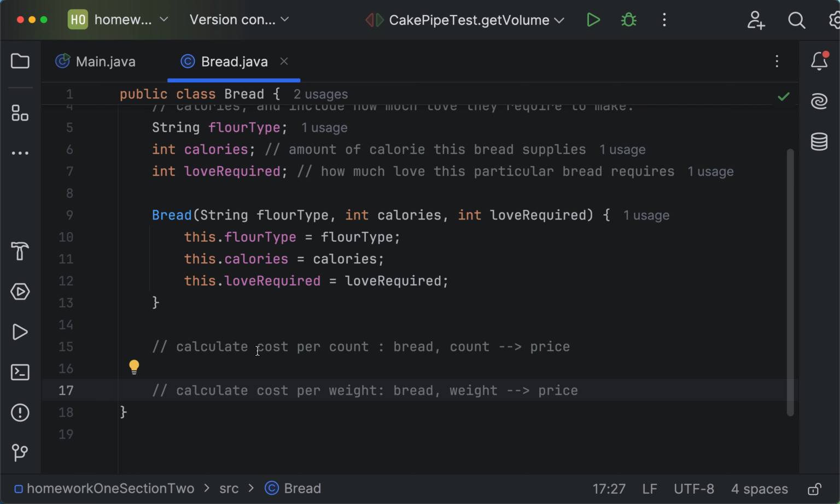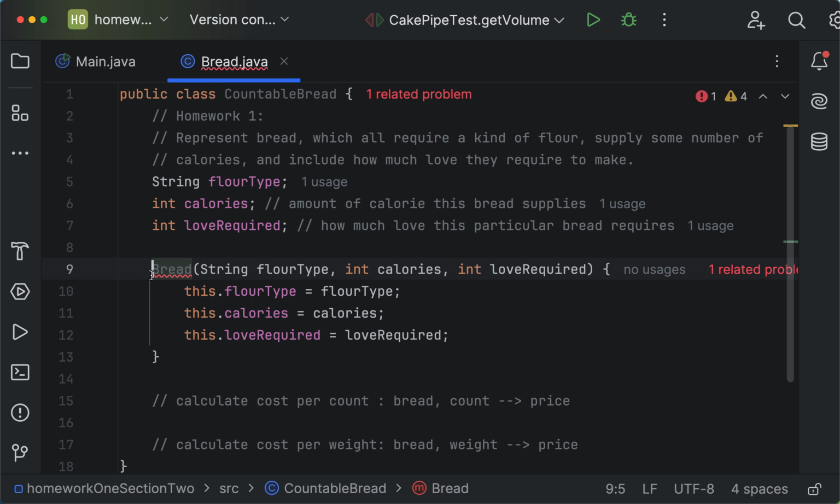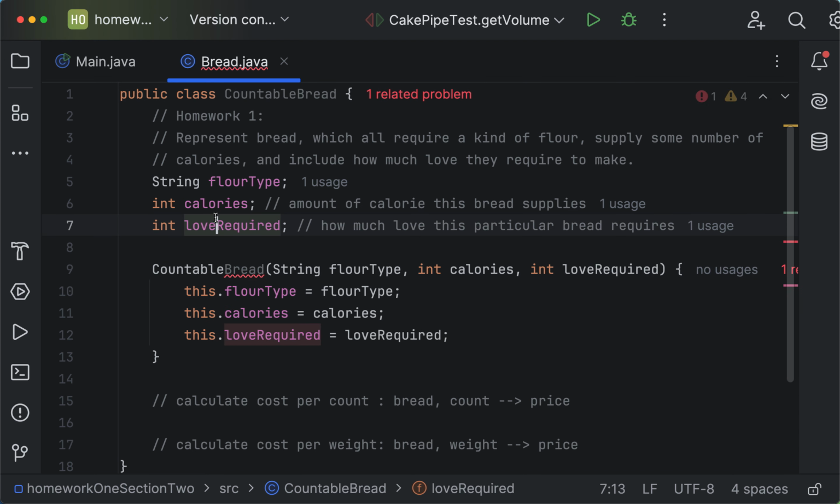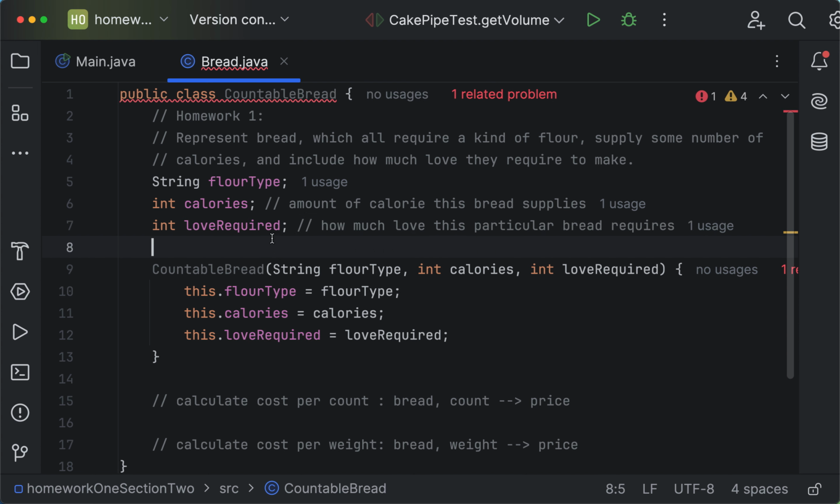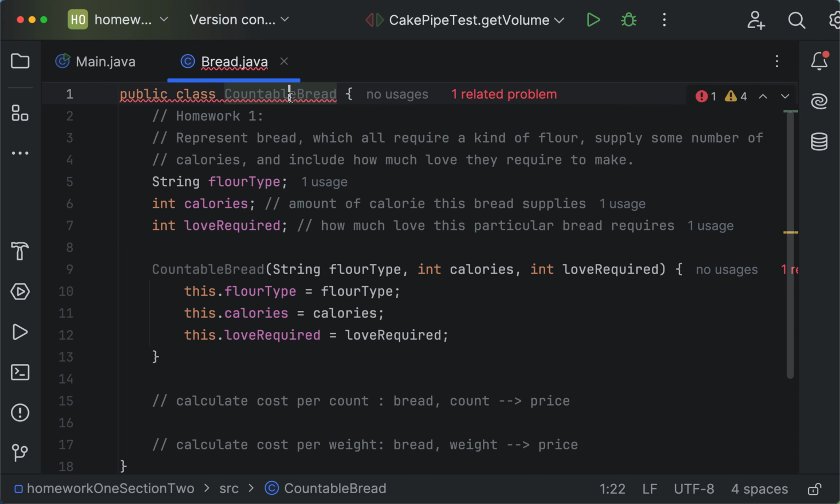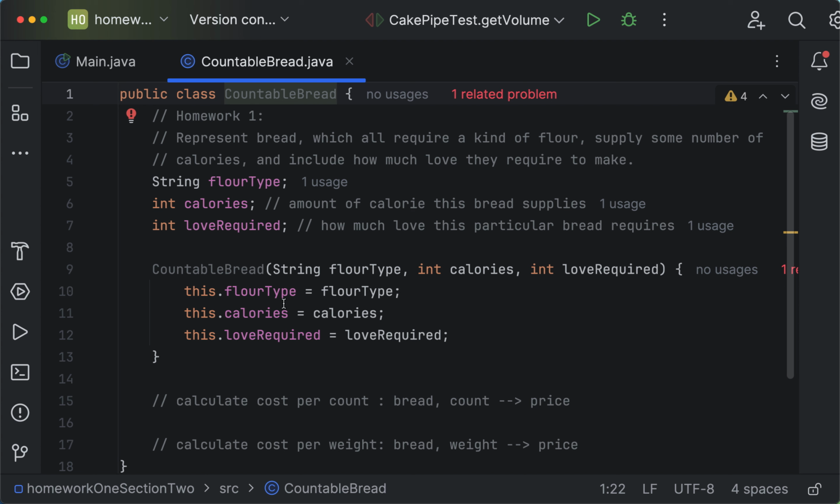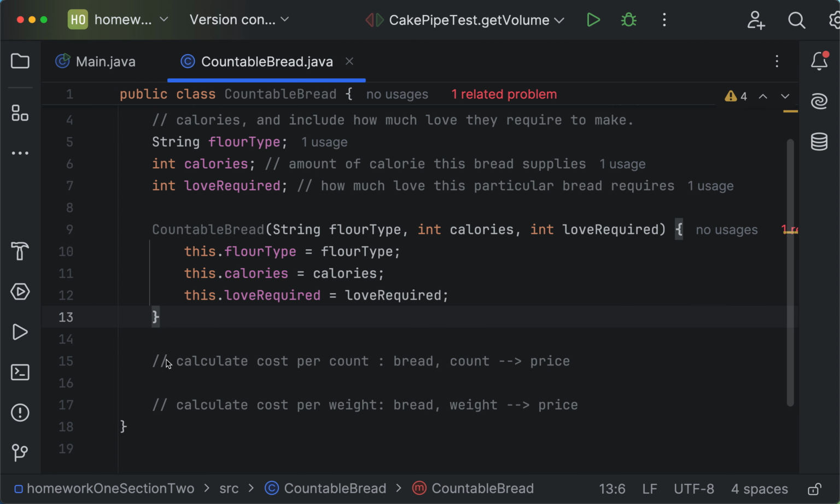Excellent. All right. So with this one, we can just reuse the name for one of the types. So we can call it countable bread. And we know we have to change the structure of it. And it can either have, what's the problem here? Countable bread. Oh yes, we should also rename the file. The file of the class needs to be the same name. All right, so then countable bread,